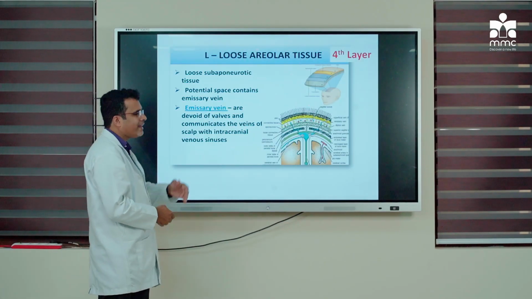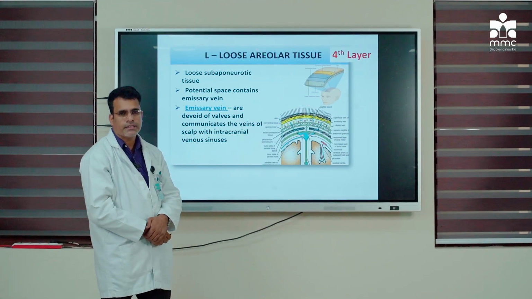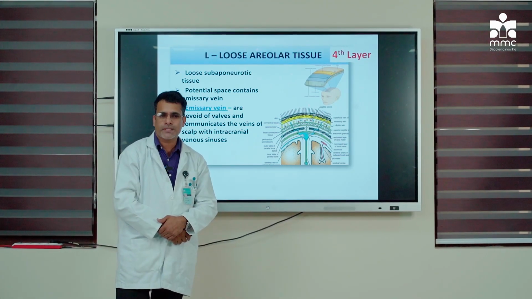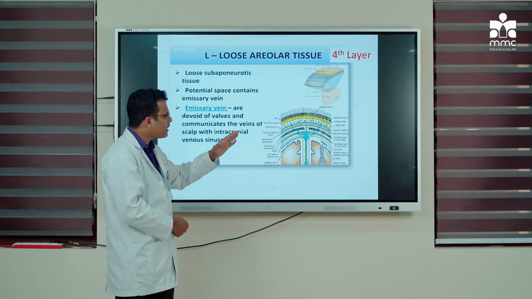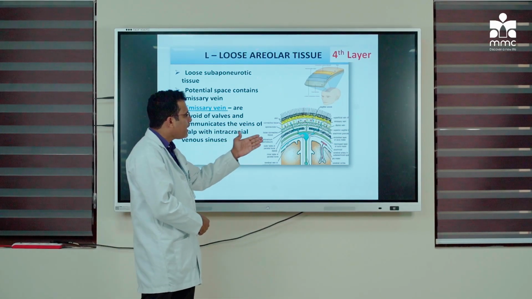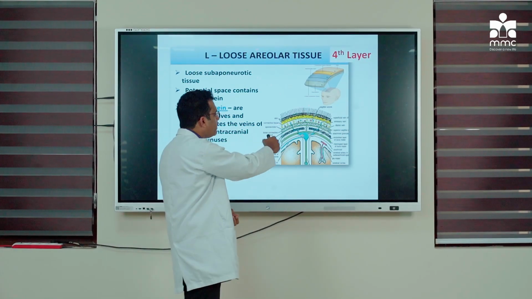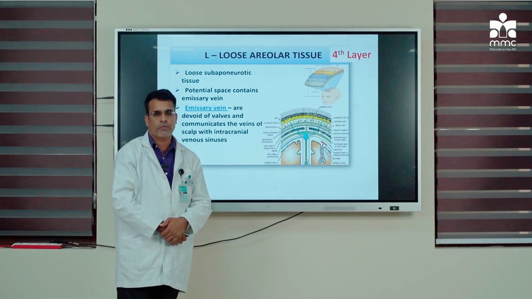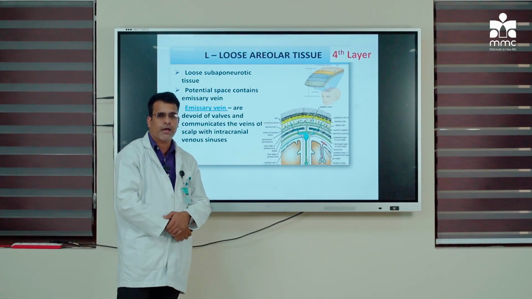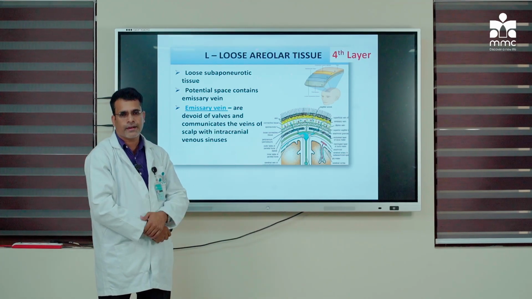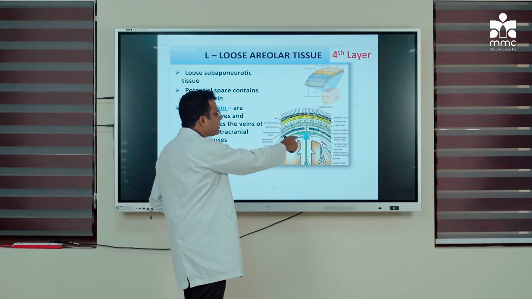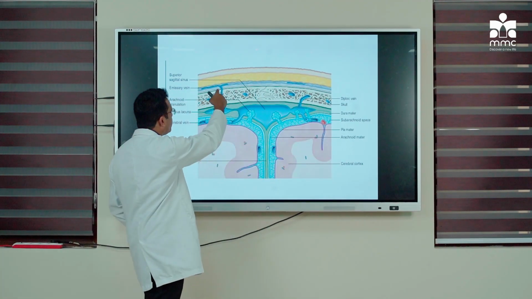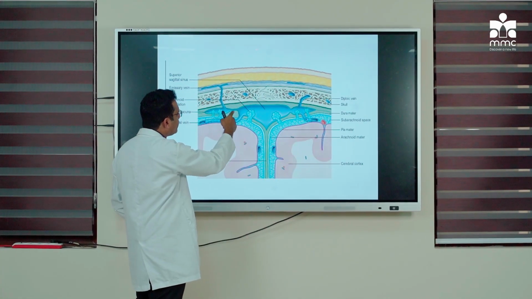Next to the aponeurotic layer, we will enter the fourth layer. So this is called the loose areolar layer. As the name suggests, this layer is with abundant loose areolar tissue, and this layer will be showing a rich number of veins. These are plexus of emissary veins. We know the emissary veins are connecting the extracranial veins with the intracranial dural venous sinuses. So these emissary veins are the direct communication between the intracranial dural venous sinuses